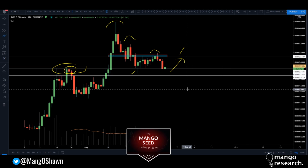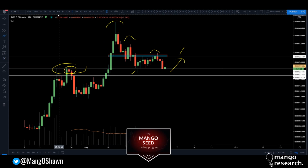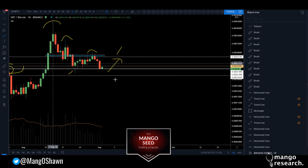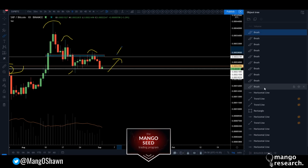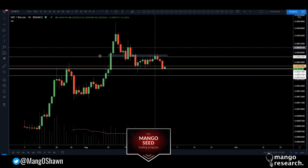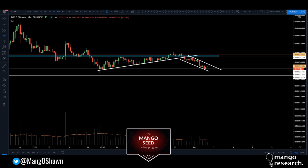And this is what I mean by a chart playing really nice and giving you exactly what you want to see. Let's go down over to the lower time frames. In fact, first, let me go ahead and delete all of these brush drawings. Delete, that should be good enough. Okay, cool. So I want to go over to the 4-hour first,